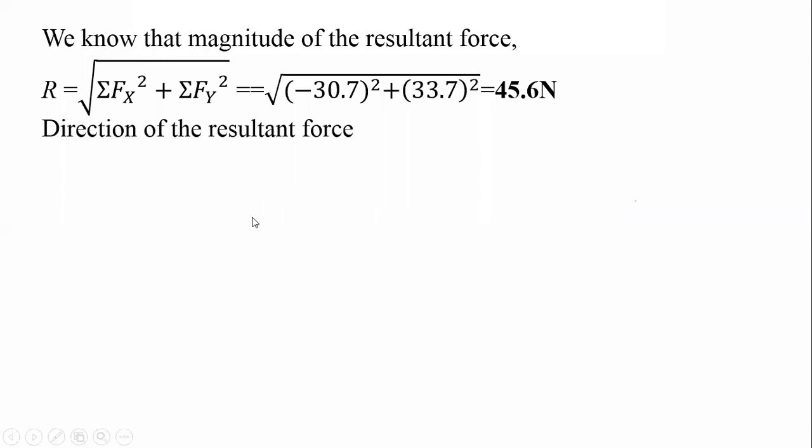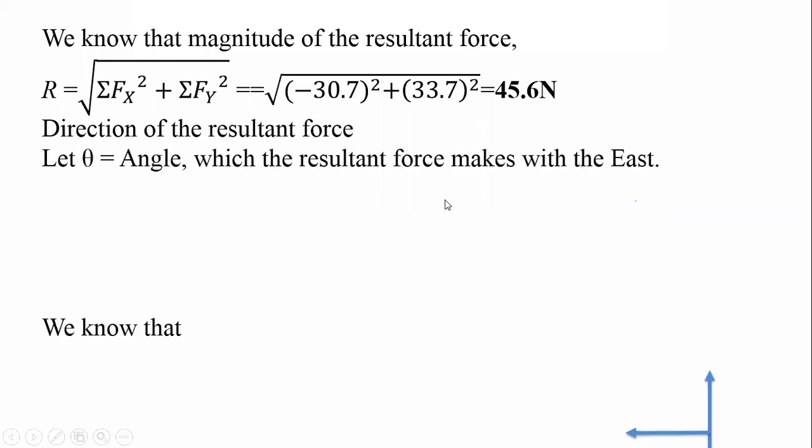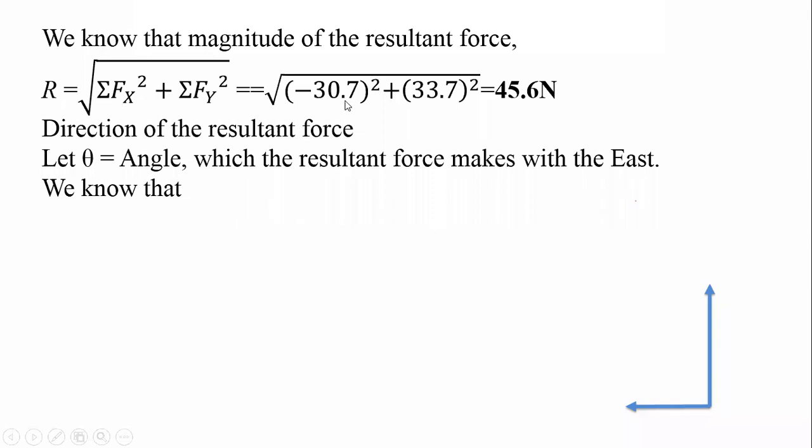Now once you get the resultant R, this represents your resultant R. If you see here, the summation Fx is going to the left side, that's why this arrow is showing in the left direction, and this answer is positive, that's why summation Fy is showing in the upward direction. The values summation Fx and summation Fy will look like this, and the resultant lies at this position, 45.6 Newton.